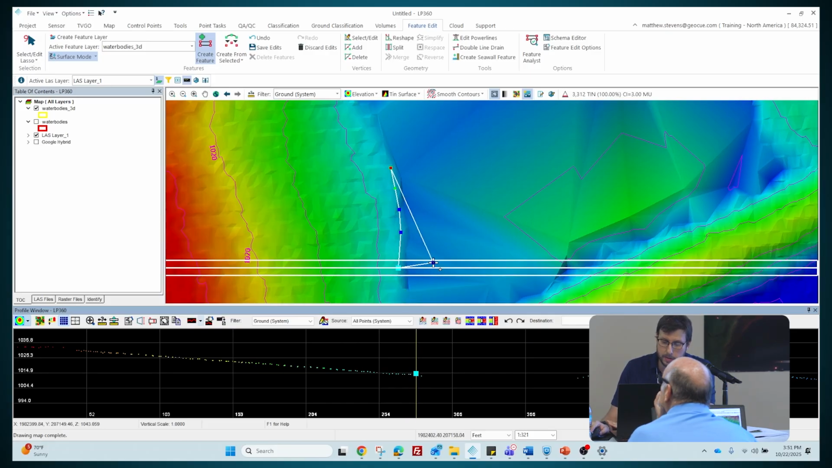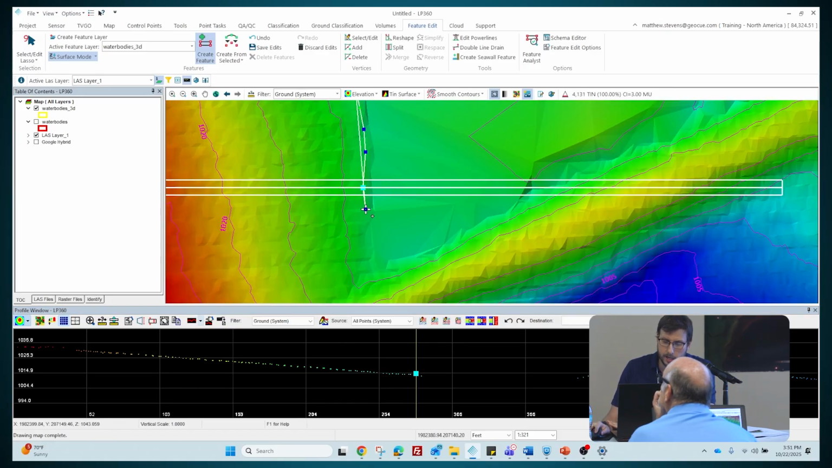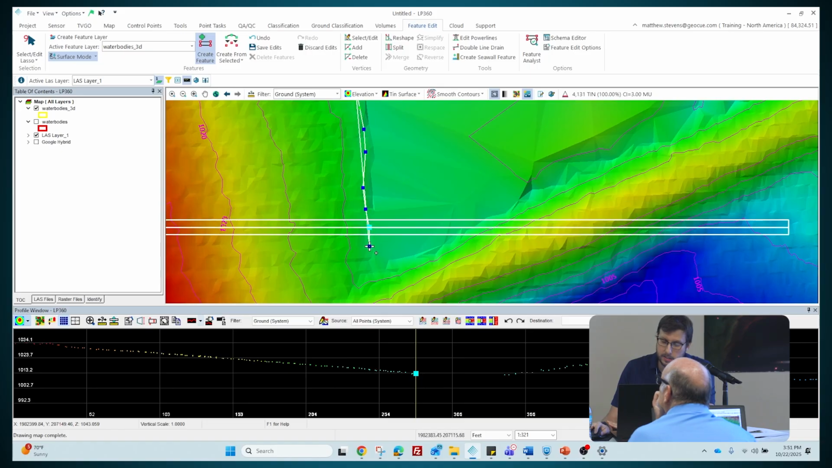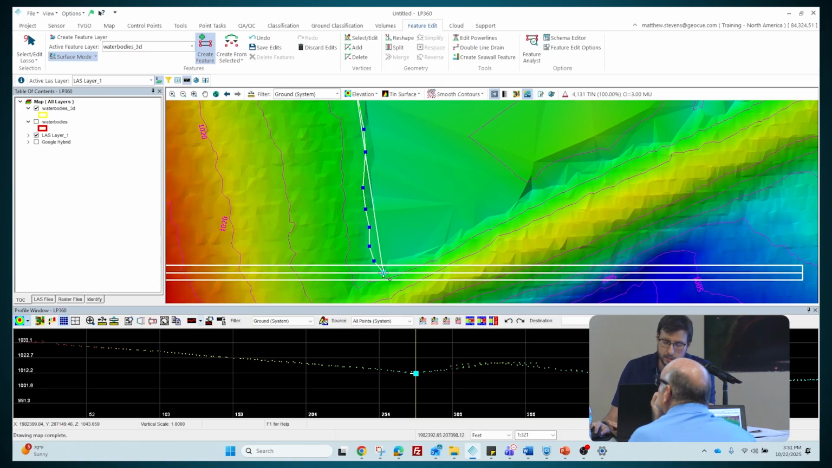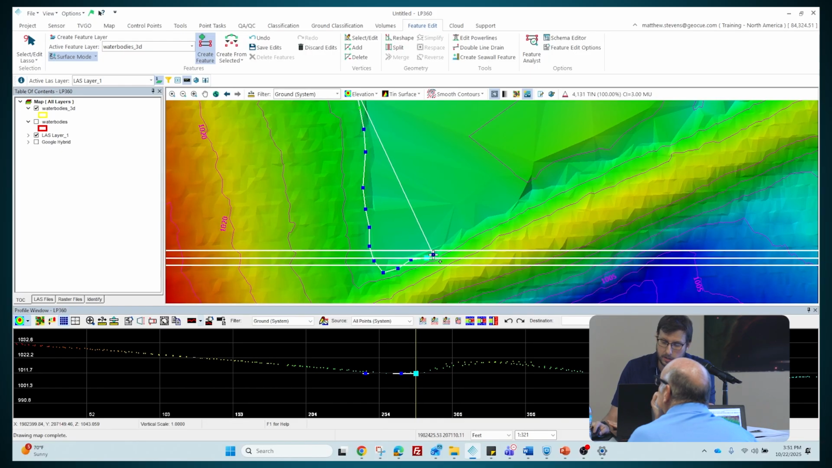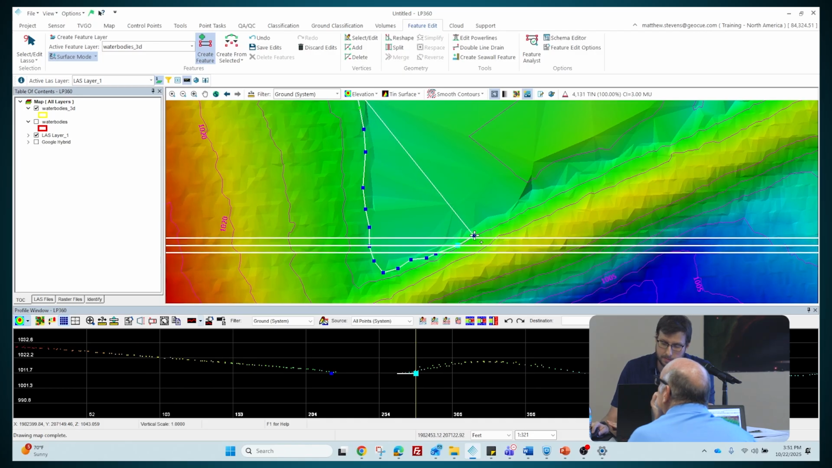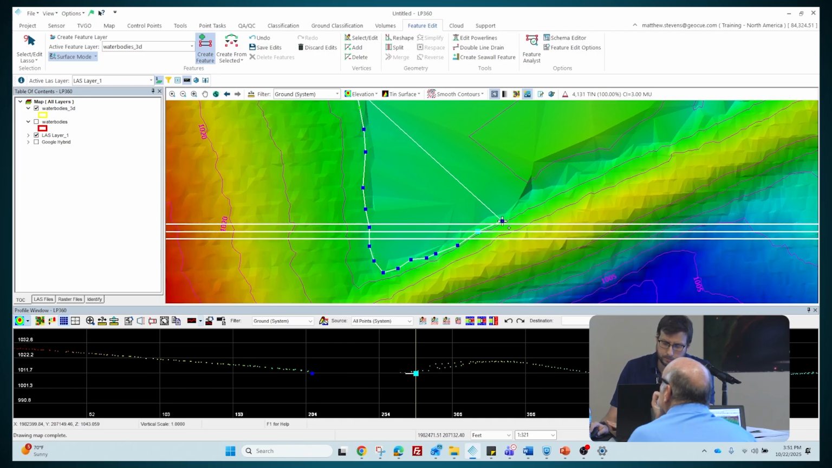Notice how the profile is perpendicular right now. As I just go ahead, and you don't have to be too careful with this, just try to get as close to the edge as possible and just left click around it. Bless you. You notice now, look, my profile is all out of whack. I really need that profile perpendicular to the direction I'm digitizing so I can see the edge of that water body properly. If you just do a middle click with your mouse button in the profile view, hold down shift